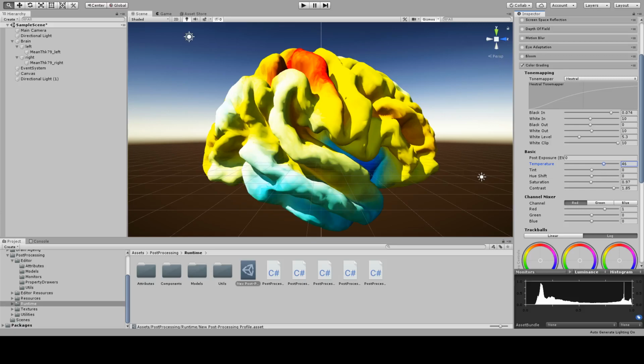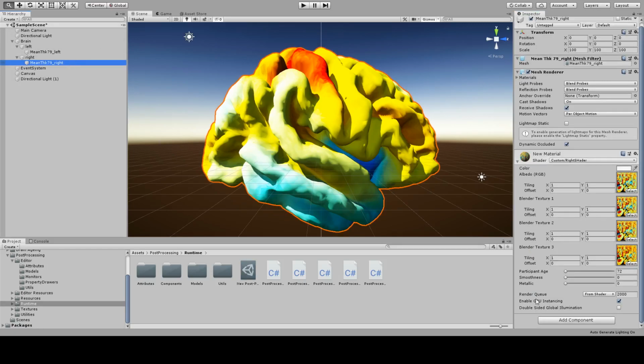So bearing that in mind, I've done a little tweaking, not too much, but we can optimize it later on, and now you can see there's a greater effect with the age, but we can tune it a lot better now that we have the post-processing on the camera. Hope that helps, Simon, and